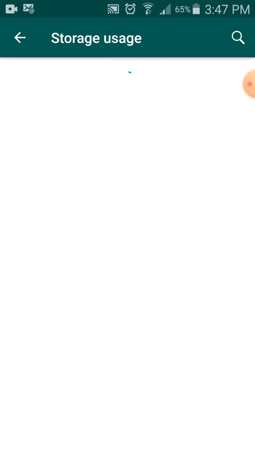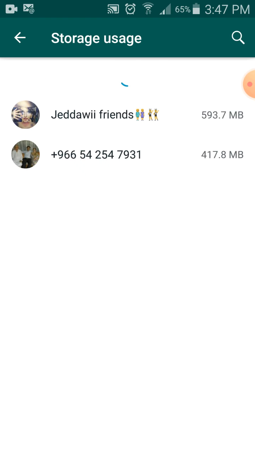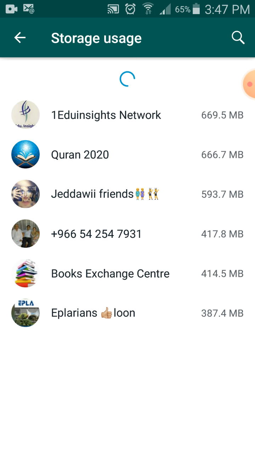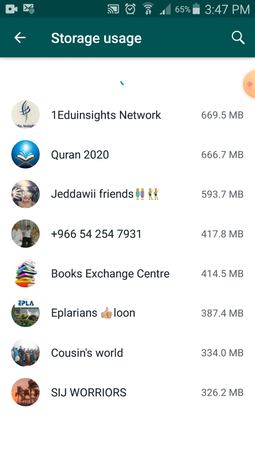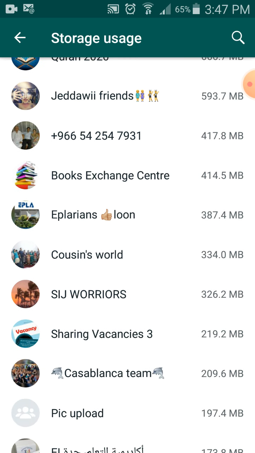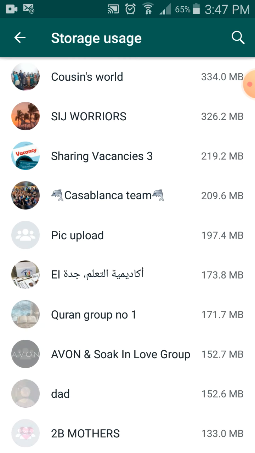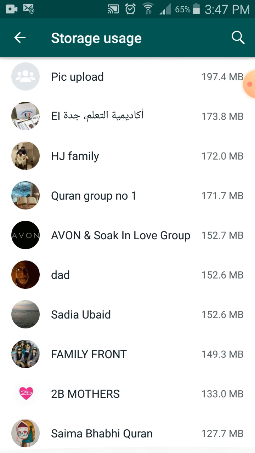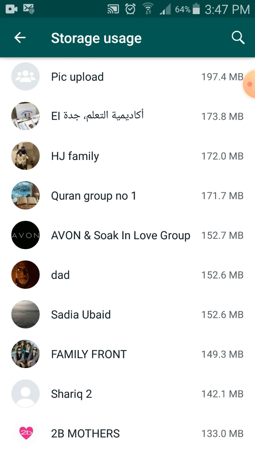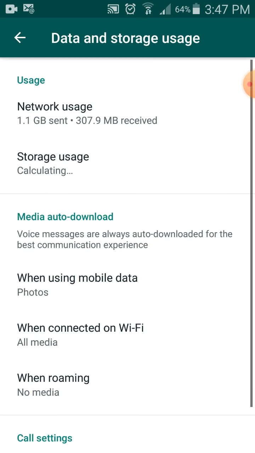If you click on storage usage, it will show how much MB or space you took with your friends' chats. Suppose this group took 387.4 MB, this one 197.4. Like this you can see the space for everyone in your WhatsApp. This one also you can see in my previous video.